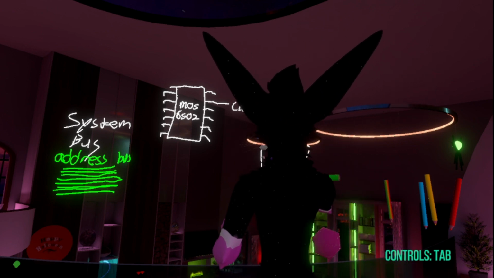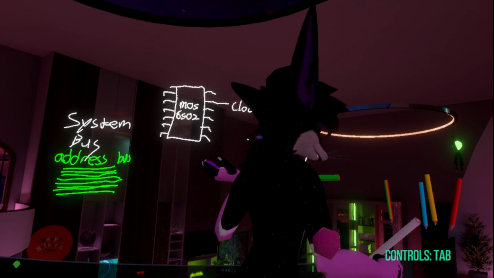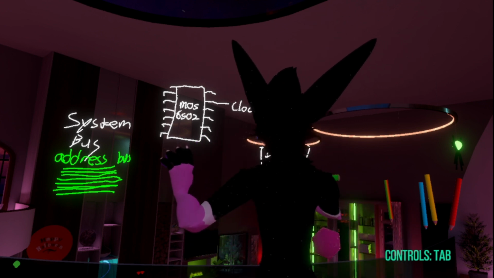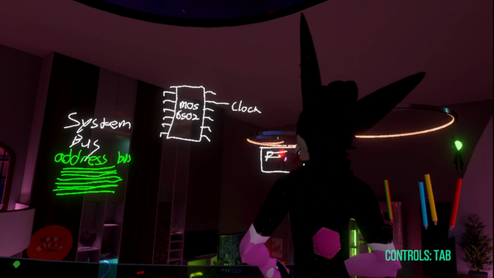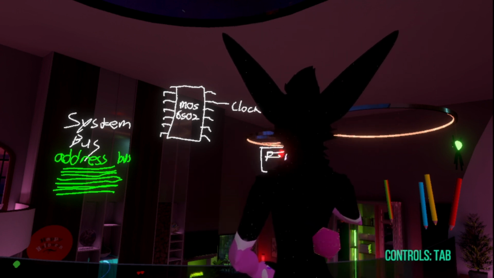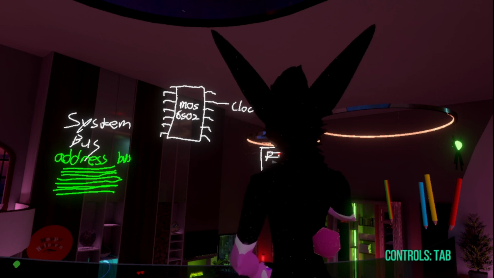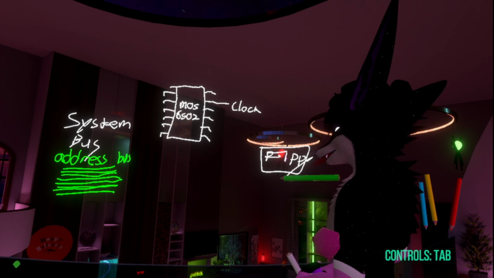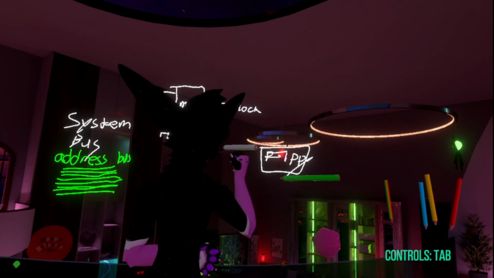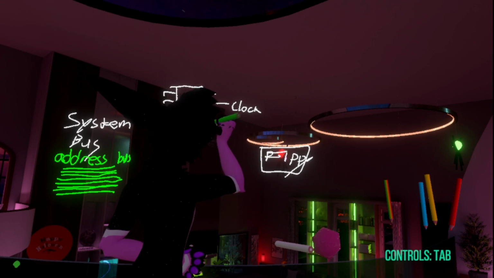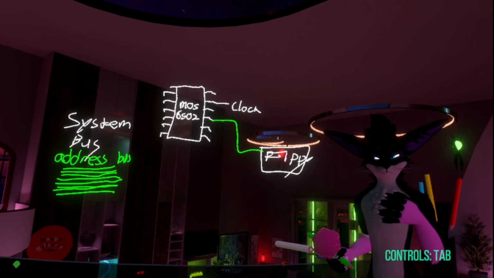Let's say this thing right here is the floppy drive controller. Floppy controller, this is it right here. Now these two are connected through the address bus. You got that?